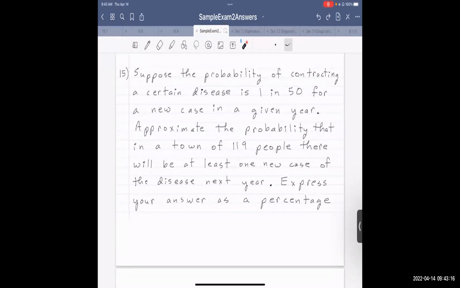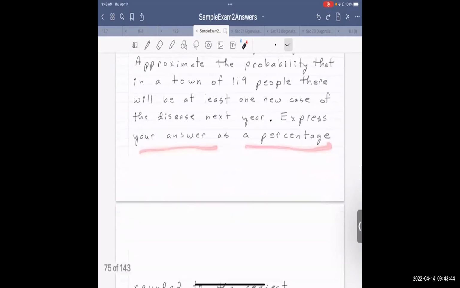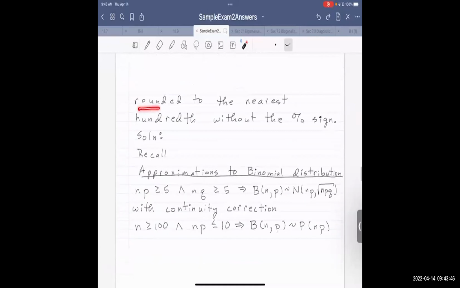Number 15. Suppose the probability of contracting a certain disease is 1 in 50 for a new case in a given year. Approximate the probability that in a town of 119 people, there will be at least one new case of the disease next year. Express your answer as a percentage rounded to the nearest hundredth without the percent symbol. So